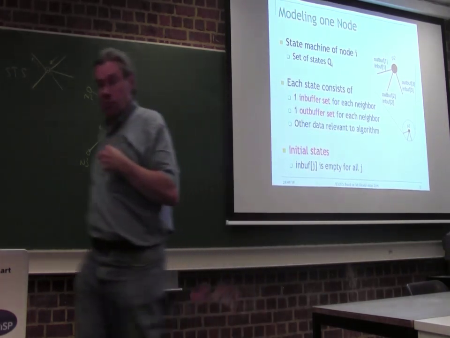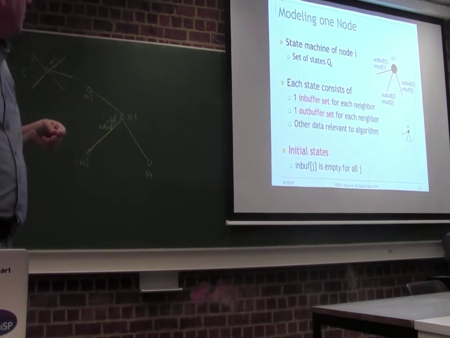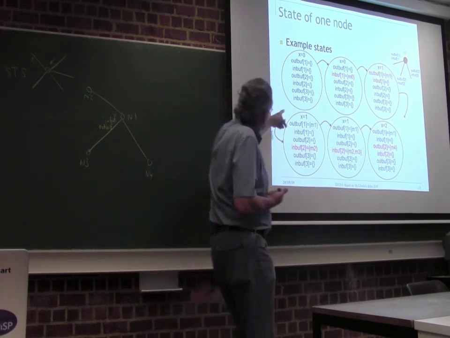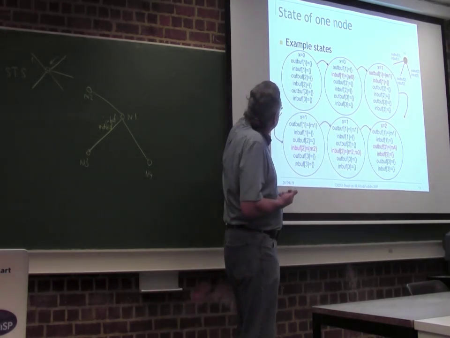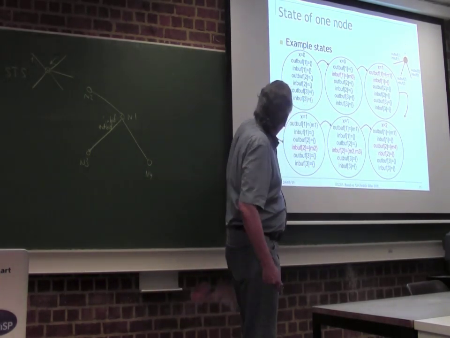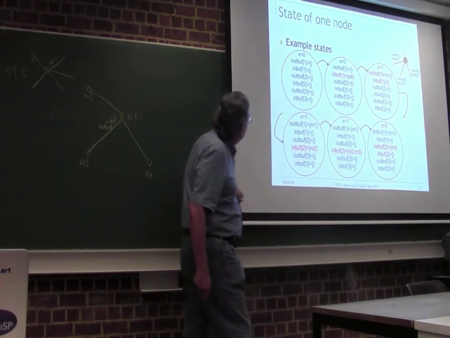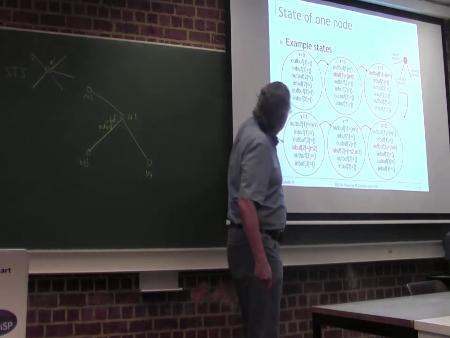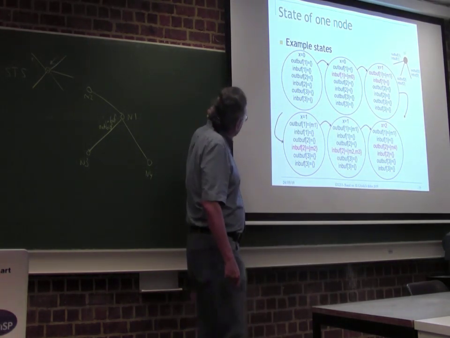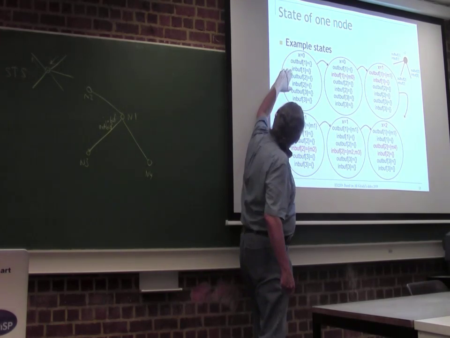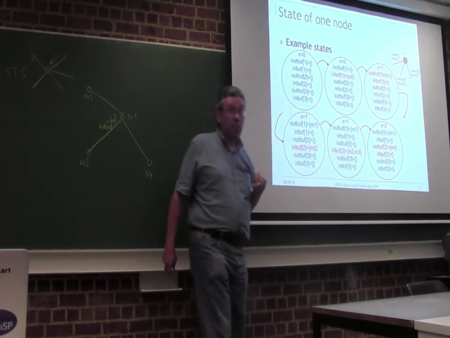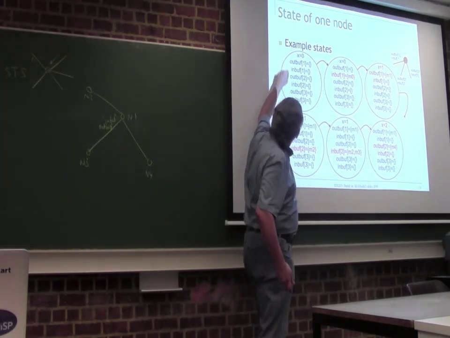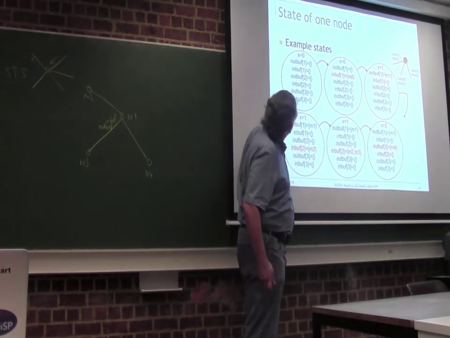Okay, we're going to assume the in buffers are empty. So that means the node actually looks like this. Here's the node, P2, with 3 neighbors, 1, 2, and 3, and it has a local variable x, like in our example. And so there's actually 6 sets that we add. So you see there's a lot of stuff, but most of this is the network. So it starts, they're all empty.